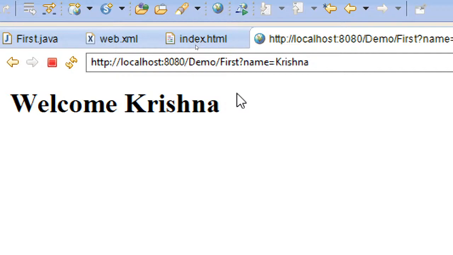The query is why doPost is not working. That's what I'm surprised about. Let me try once again. doPost will do the same thing as I have mentioned, with only a simple difference: appending of the string will be there with doGet, but appending of the string will not be there with doPost. I'll try once again. But I hope this particular application I have shown you is clear for everyone.